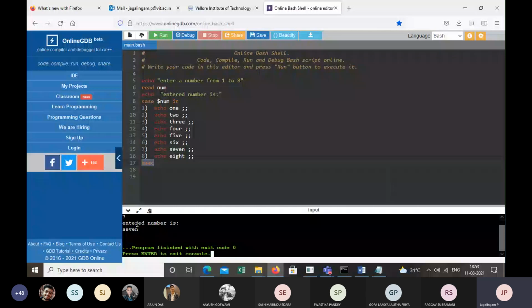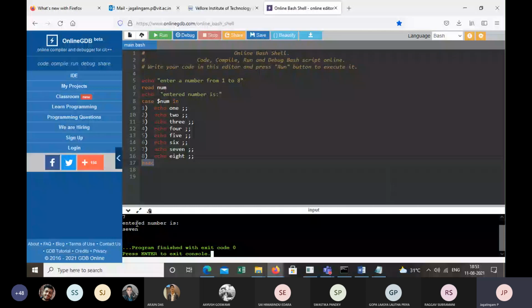Okay, fine. Good. Now you have some assignments on the shell script. The first assignment is: consider two operands A and B. Now A has a value 20, B has a value 10.